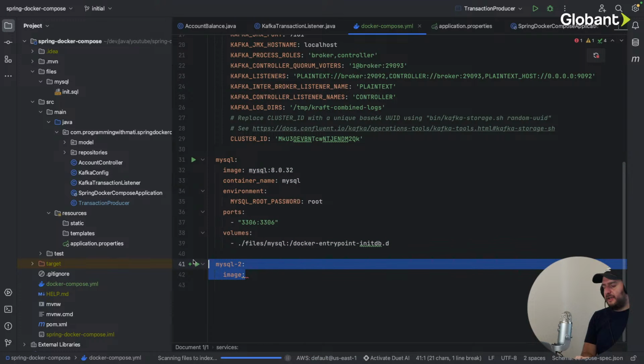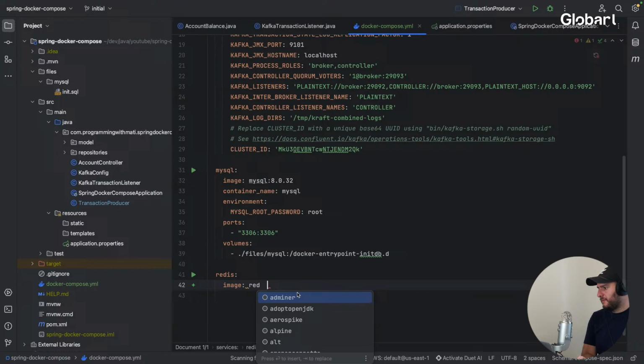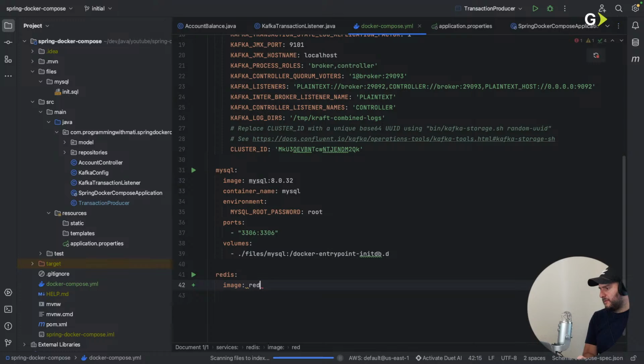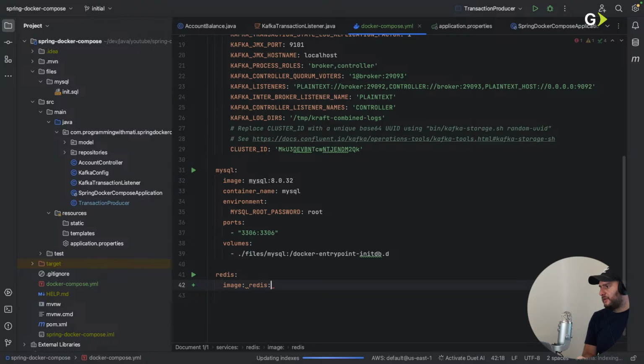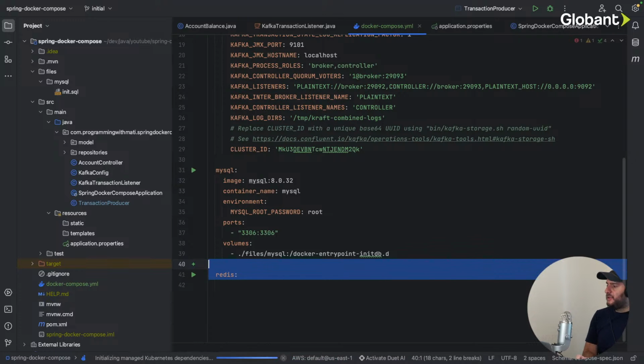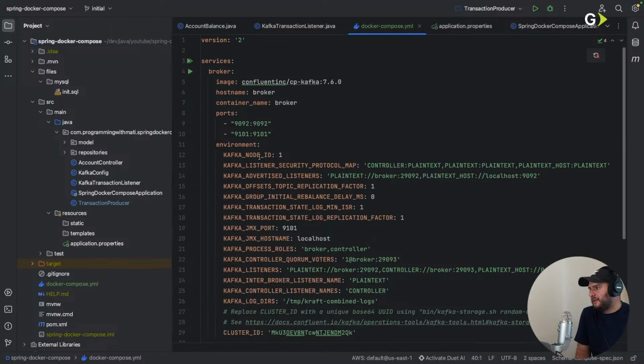I can have a Redis image, a Redis container for caching data. So I can have Redis here and so on. So the potential of Docker Compose is just immense, and I would really recommend that you download